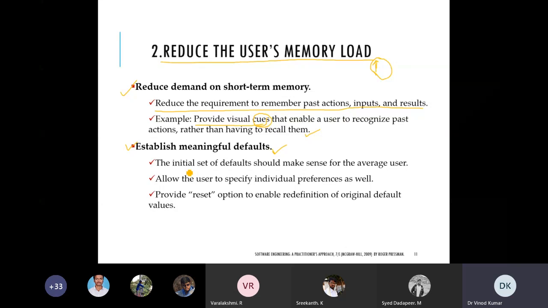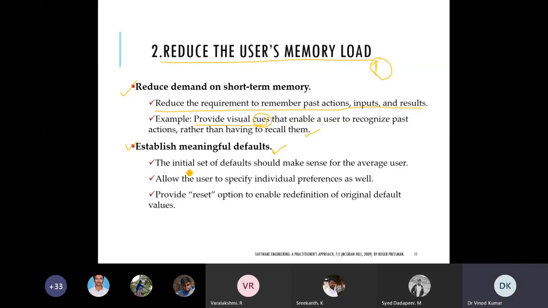I will tell you one scenario you might have seen and experienced. At the time of software installation, it sometimes asks for some initial values to be entered. Then you know there is a customize option, a default, a typical option, like that. Suppose these options were not there; then you would have to remember the initial values, whatever options you had chosen, and only then would you be able to do your work.